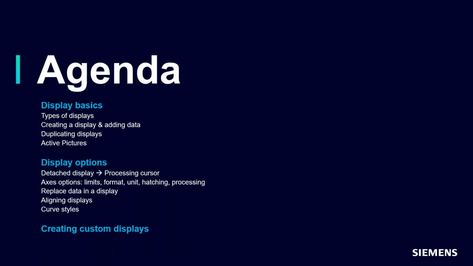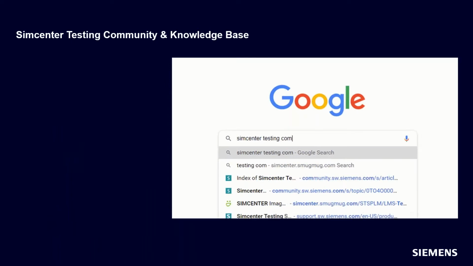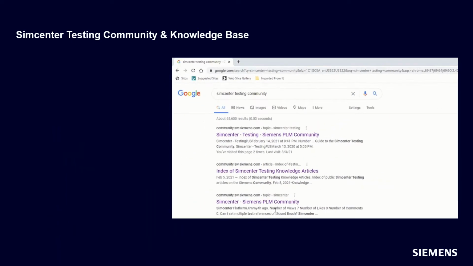And then as a fundamental aspect of Test Lab displays, I'll bring up active pictures, which is a key feature for us. Then sort of the middle option or agenda item there is the display options. We'll talk about some different things that are a little bit hidden in the software, so maybe you're familiar with them, maybe not. We'll go over the things listed here. And then we'll close by talking about creating a custom display and using what we call layout management within Test Lab.